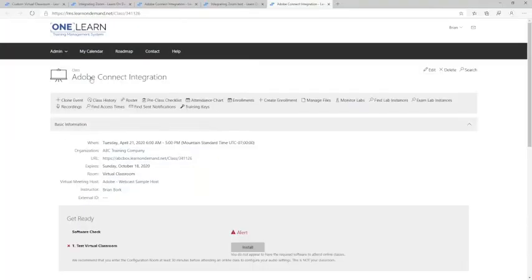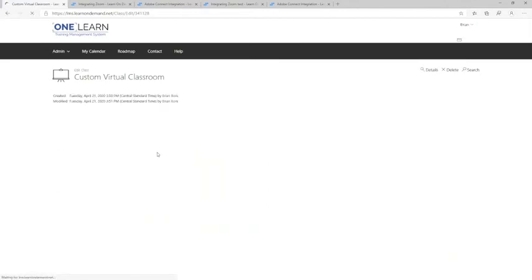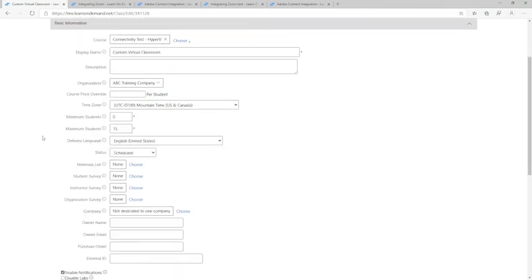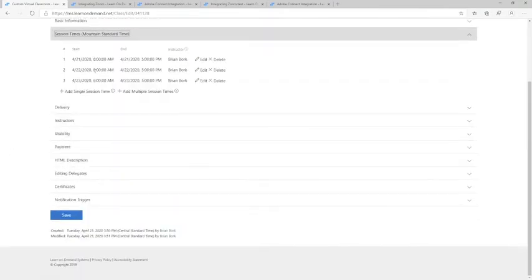Now let me bring up my virtual classroom. And inside of my virtual classroom, you'll see here, I've got a name, I've got a time zone and who it's for. My session times are set. Now, this is what I was referring to before about multiple days. You don't want to have it go from 421 until 423. You want to have each one of these be a day, right? Very important,